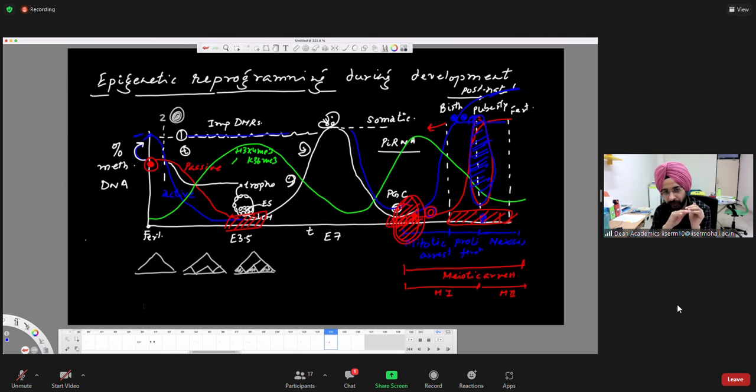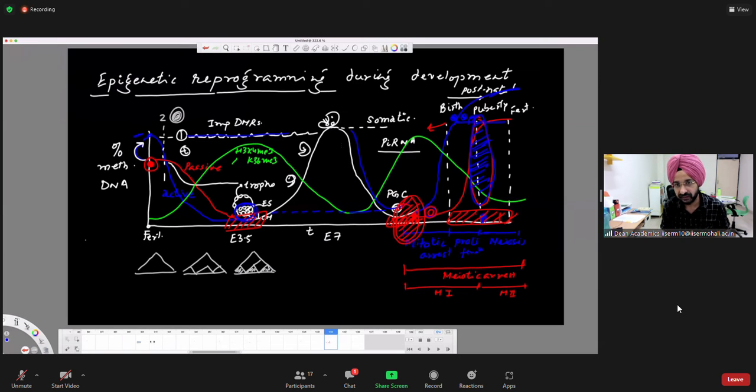If you do a literature search, you will find that some people have drawn a trajectory where the PGC just comes down like that. You will find some papers, but I think that's not the popular view. It seems there are some cells which have the fate to become PGCs, just like here you have some cells which have the fate to become ES cells, the inner cell mass. There are some cells which go to the genital ridge, and that movement happens here.